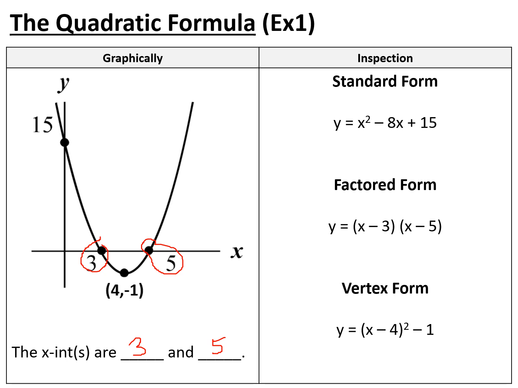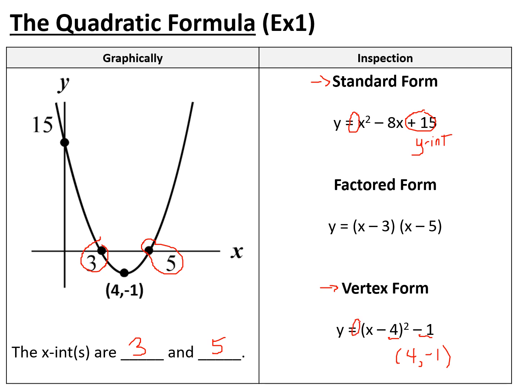However, if you're given the equation of the quadratic relation in standard form, that really only tells you the y-intercept. It also tells you the direction of opening and if it's being stretched or compressed, but those aren't very useful here. If you're given vertex form of a quadratic relation, that really only tells you about the vertex, and the vertex here would be positive 4 and negative 1. It also tells you if it's opening upwards or downwards and if it's being stretched or compressed, but again, that's